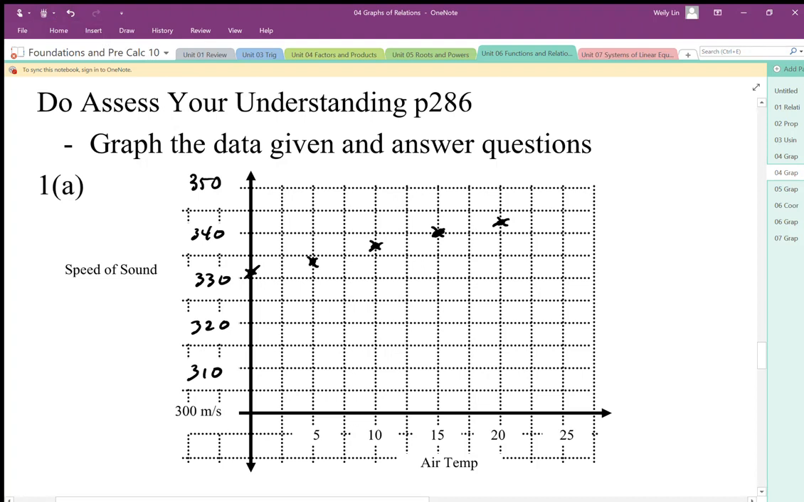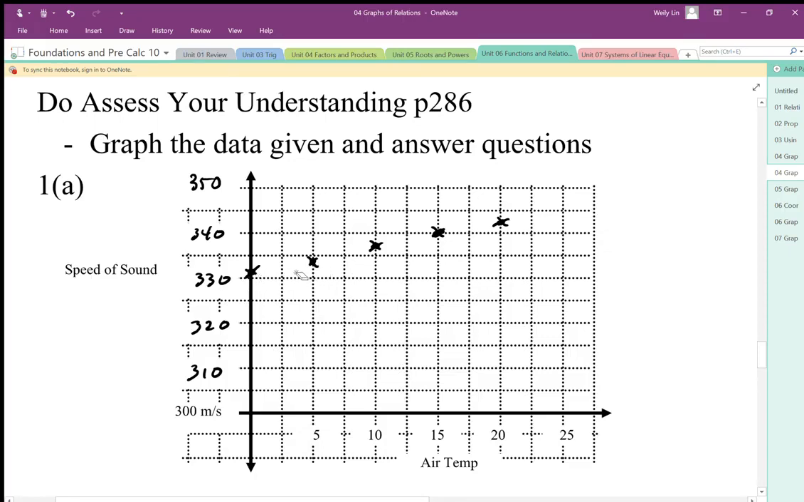Here I've plotted the data that is given in the tables. I made up the scaling to make sure that I can fit some of these numbers in. This scaling maybe is not the greatest scaling, but generally it will work. If we take a look at this data here, we can see that for every 5